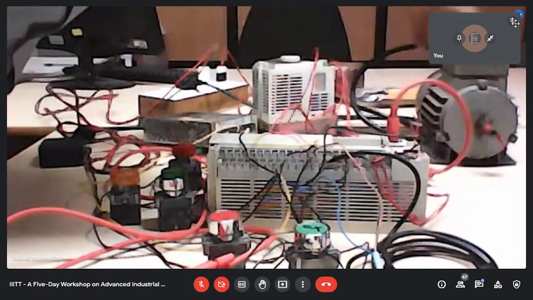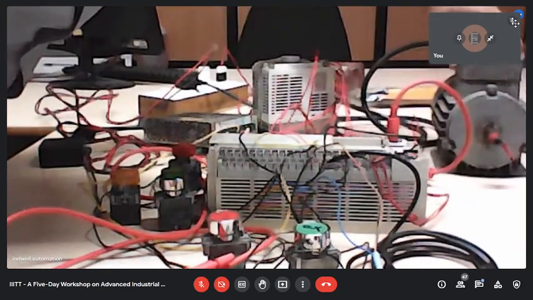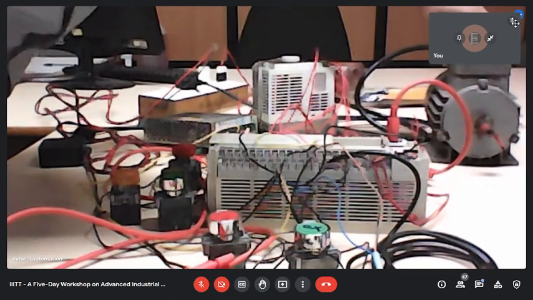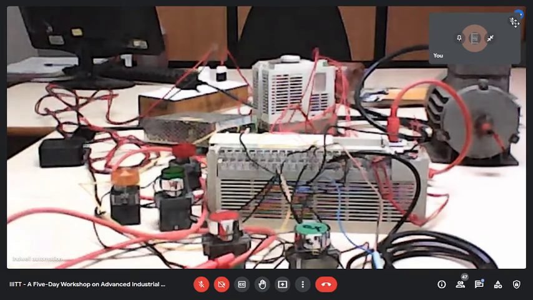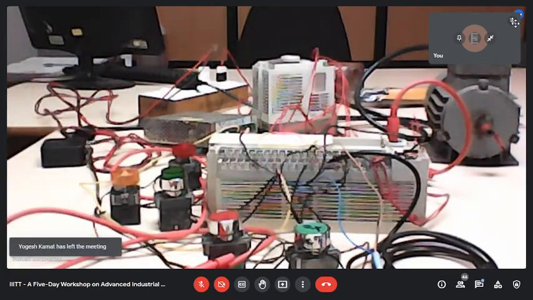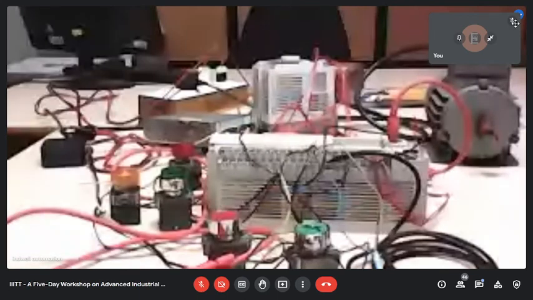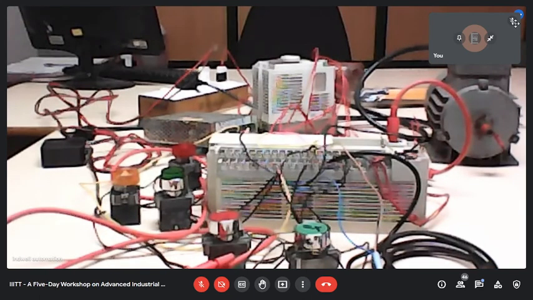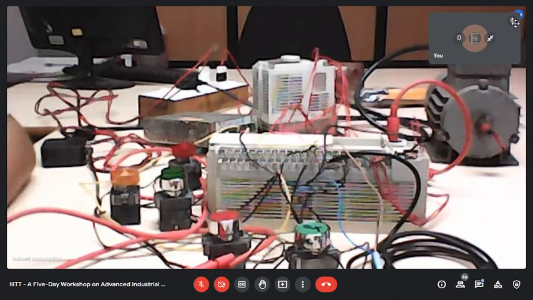This one is in between. So this is your motor. Done. So you can see. You can see when motor will run, it will change its direction.